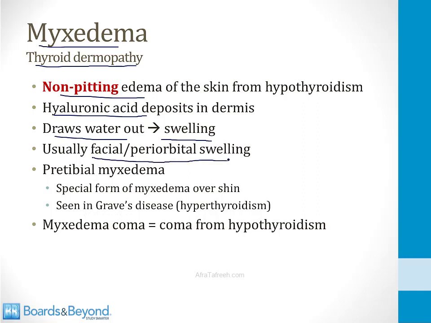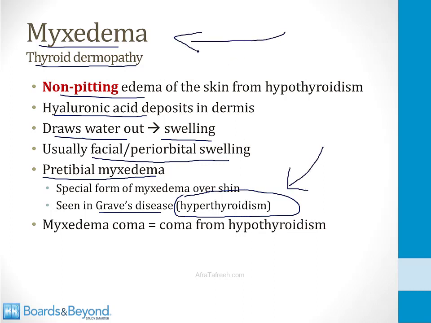However, there is a special form of myxedema called pretibial myxedema, which occurs over the shin. And this is seen in Graves' disease, which actually causes hyperthyroidism. We'll talk about this later. This can be a point of confusion for students because you can see pretibial myxedema in the hyperthyroid condition of Graves, but myxedema in general is something seen in hypothyroidism, and that usually occurs in the face or the periorbital